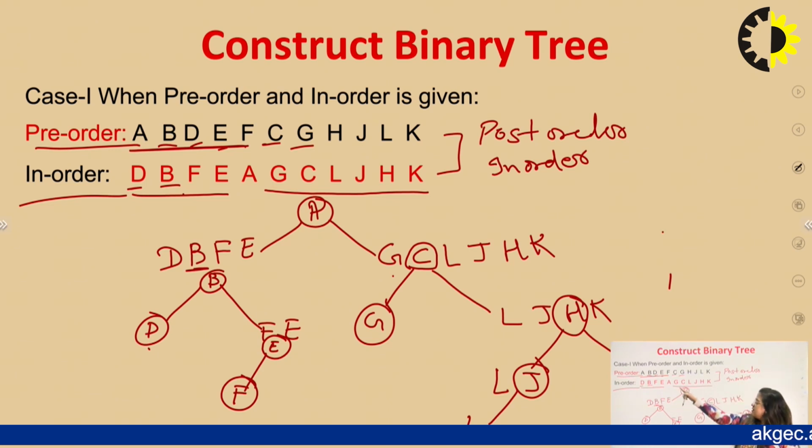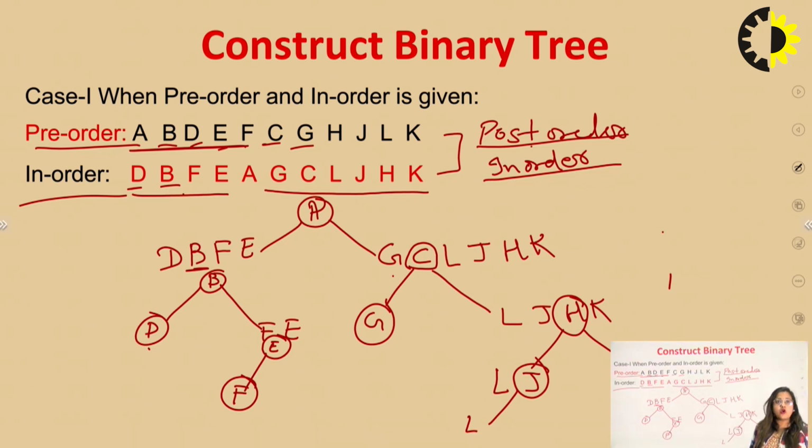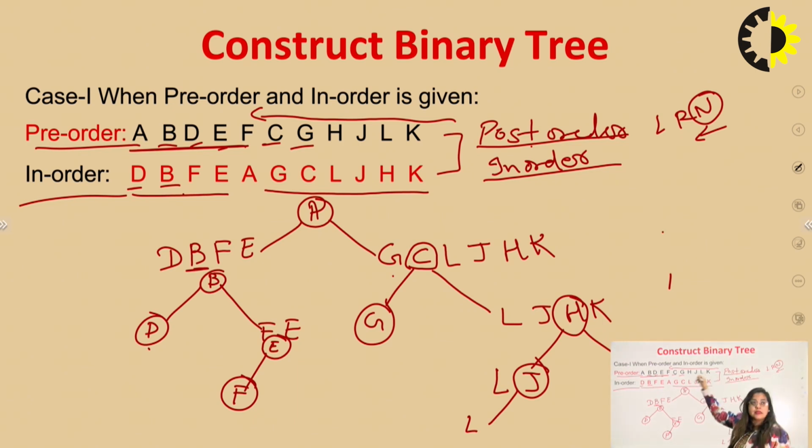So here two conditions are given, pre-order and in-order, to make a binary tree. Okay, so construction of a binary tree has two cases given: the first is pre-order and in-order, and the second case is post-order and in-order. But according to post-order, we check all elements from right to left direction, because according to post-order we use left, right and node. Means the node comes in the right direction. So we will check from this side.